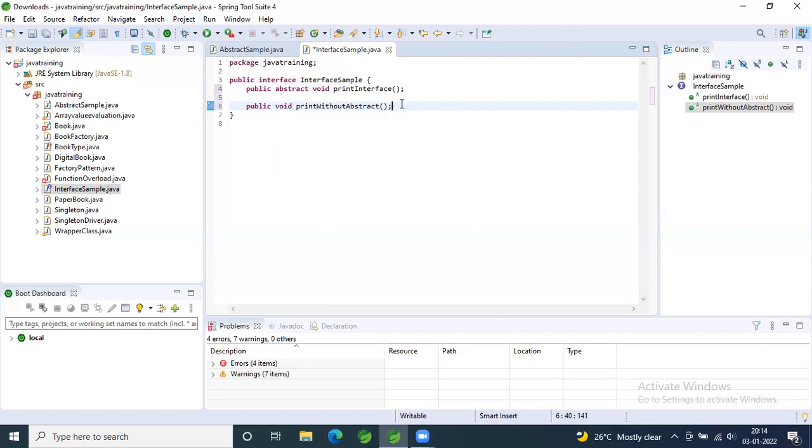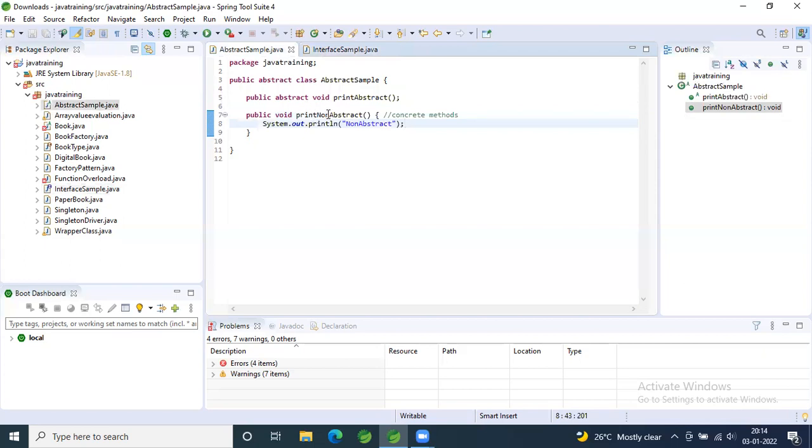Yes. So now you understood the difference between the declaration of both the abstract methods, right? Though you don't use the keyword abstract, it is still an abstract method in your interface. But in case of an abstract class, if you're not using the keyword abstract, it is a concrete method. So that is the basic understanding of your methods.